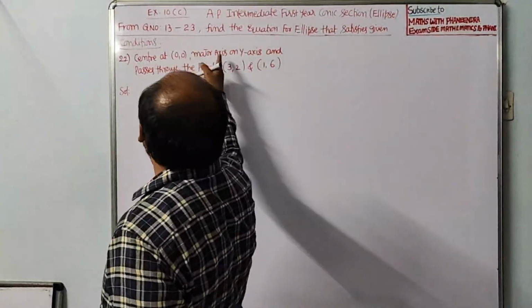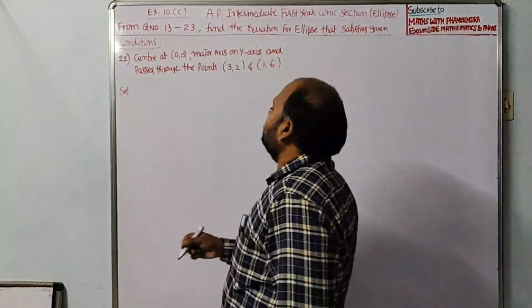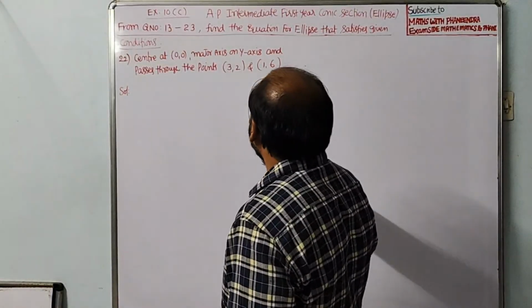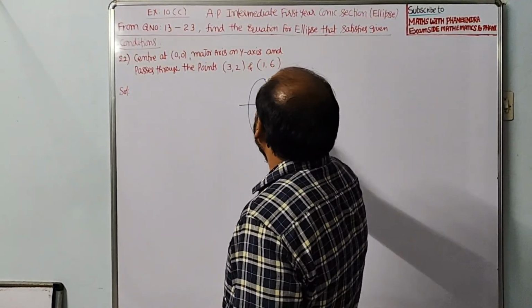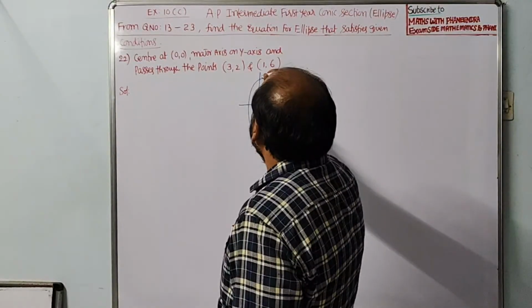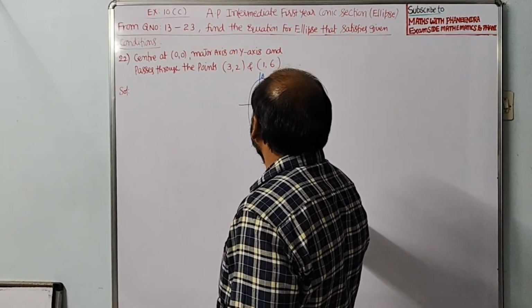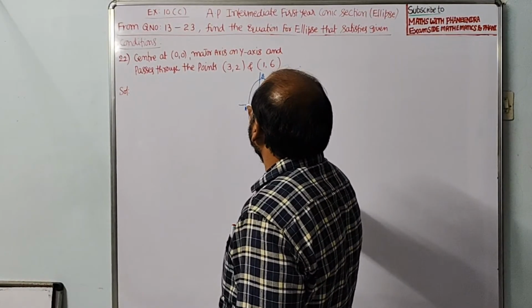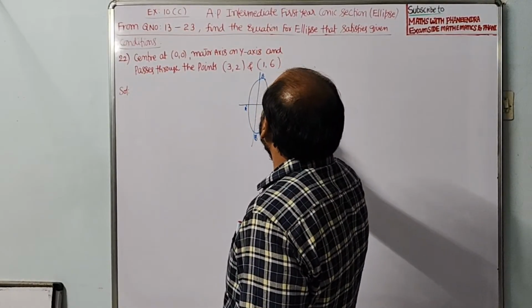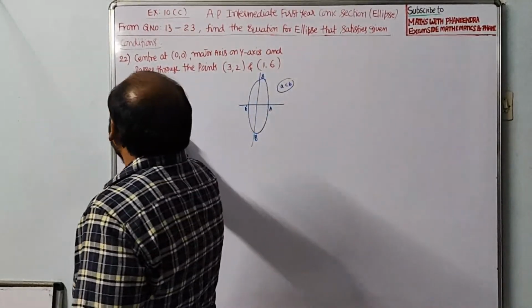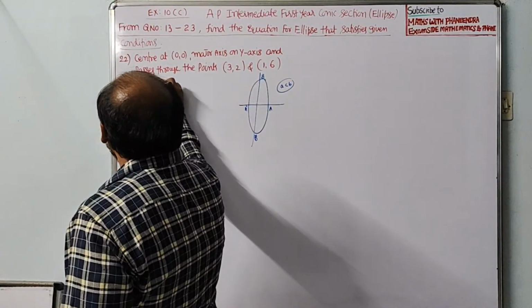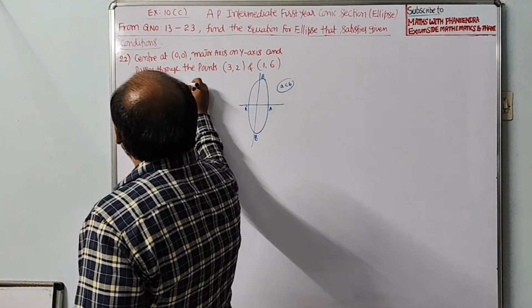Center 0, 0, major axis on y-axis. That means this is B dash, dear students, A dash. In this case, A is less than B, case will come. But let the required